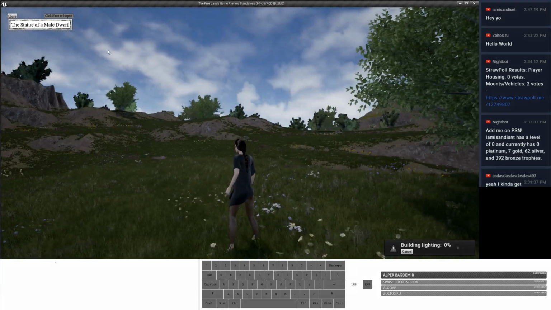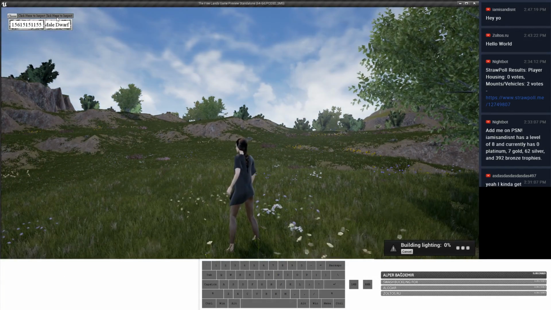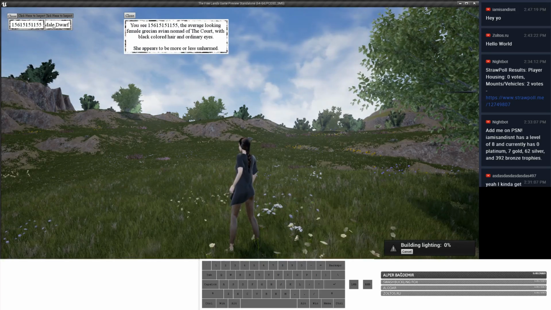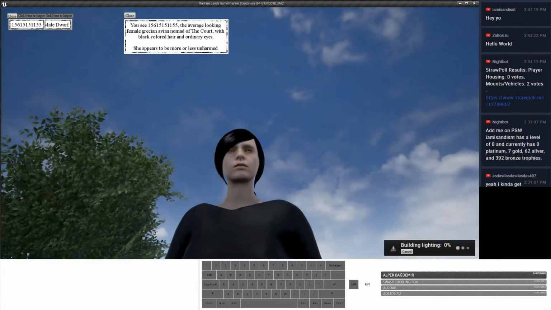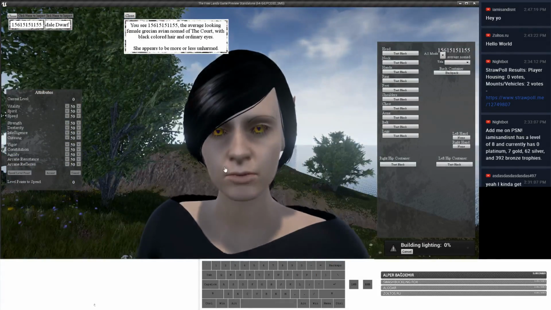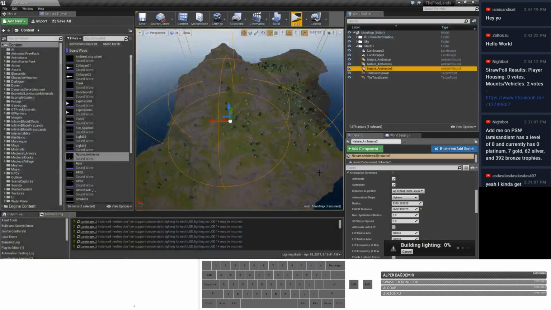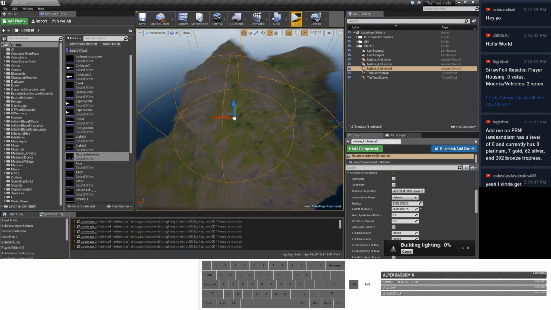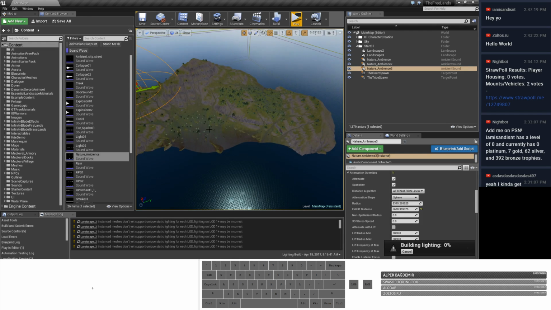Close. Ooh, I gotta fix that. Huh, look at that. This thing's still here. Yeah, bugs. So it's gonna be a long way, but is this more fun to me than playing an MMO that sucks? So I'm gonna pause the stream and let this build the lighting, because I want to see how that lighting looks, and I don't want to mess with too much stuff while it's working.